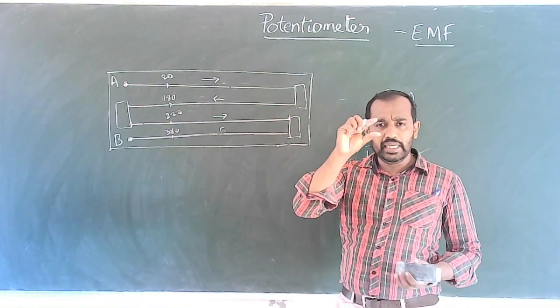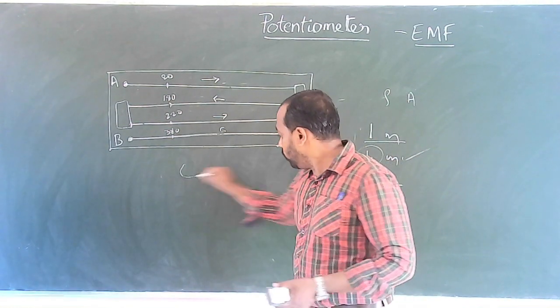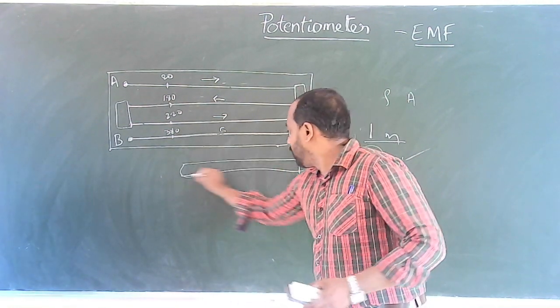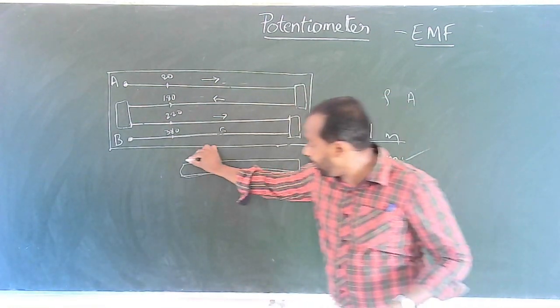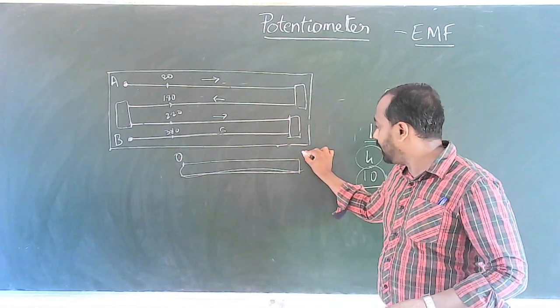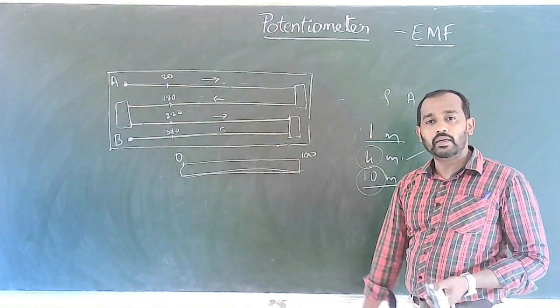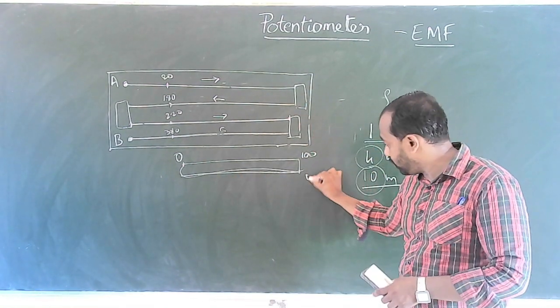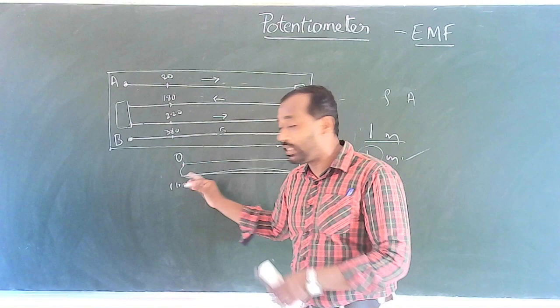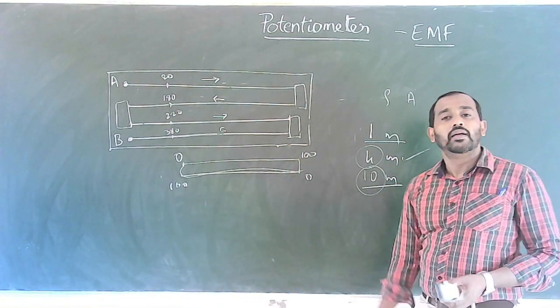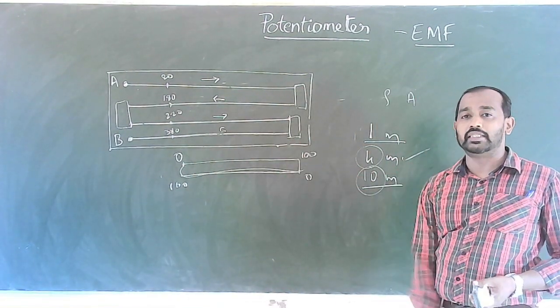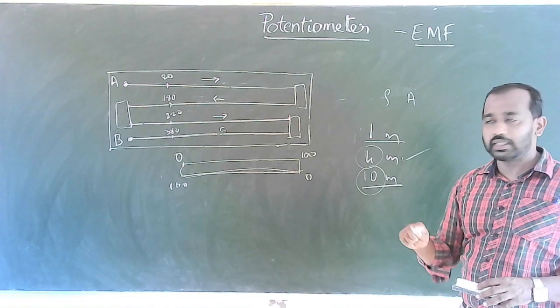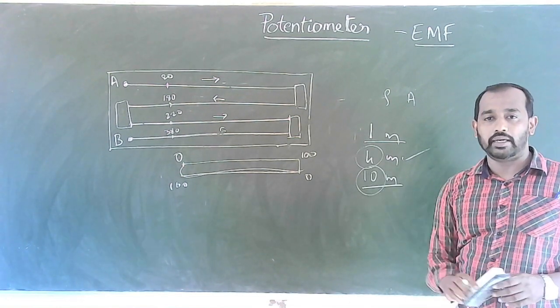In each scale there will be two markings here. One starting from 0 and ending at 100 at the top. At the bottom, the same scale will start from the opposite point, 0 here, 100 here. Therefore, we have to take alternate readings from the alternate scales for the alternate wires. So obviously, you should be careful while taking the readings.